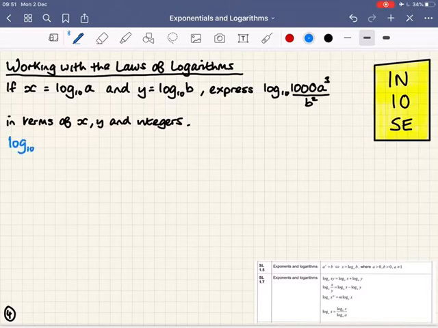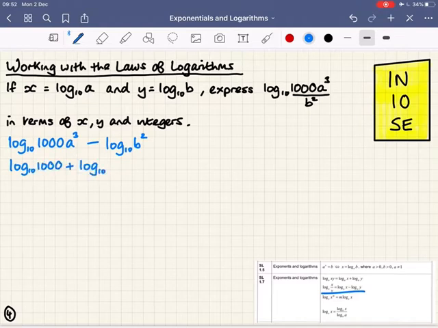Log to base 10 of 1000 a cubed. And the first thing I'm going to do is a subtract here and subtract log to base 10 of b squared. That's just using the rule down here about division, and that immediately gets log b squared on its own. The first expression, I've got log to base 10 of 1000 a cubed, so I'm going to split that out too. So I get log to base 10 of 1000 plus log to base 10 of a cubed. And I've still got subtract here,